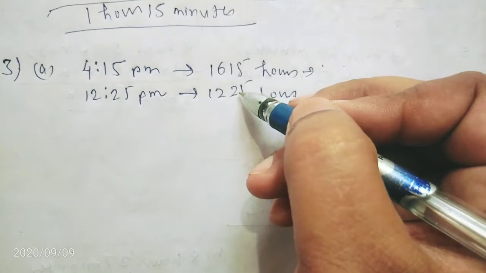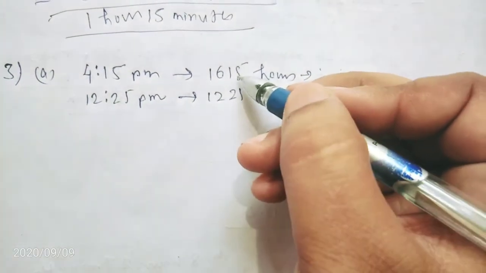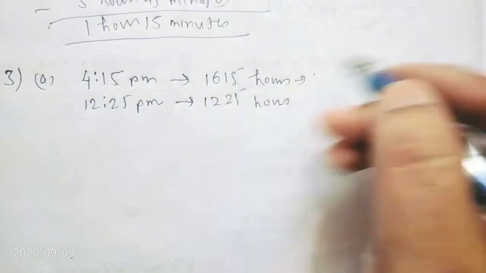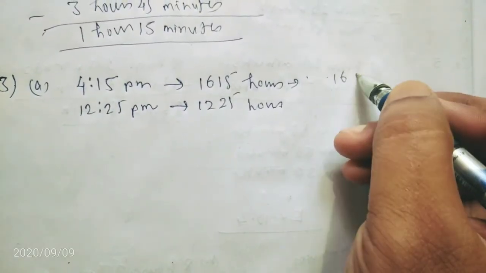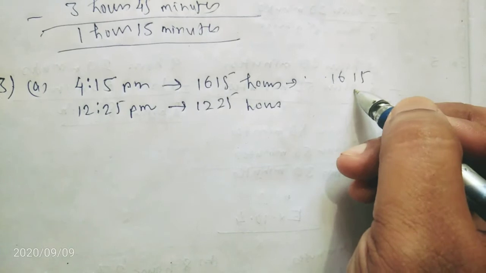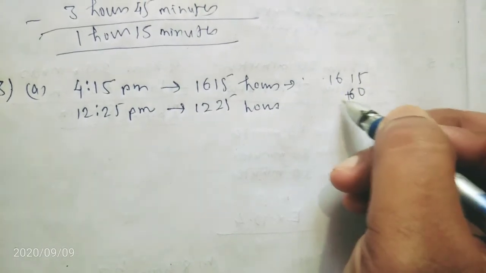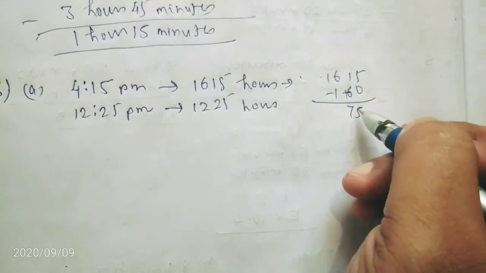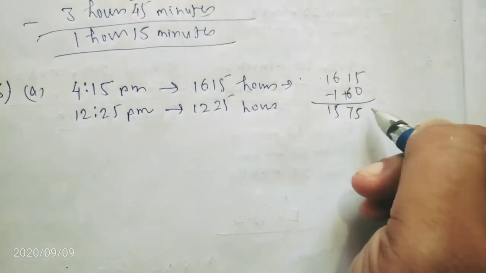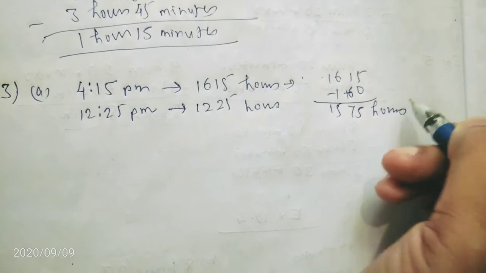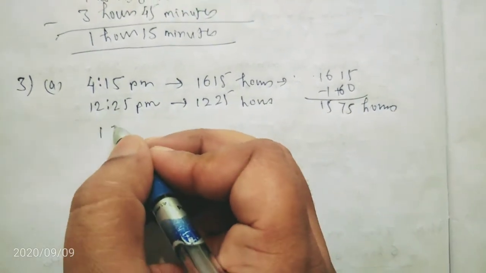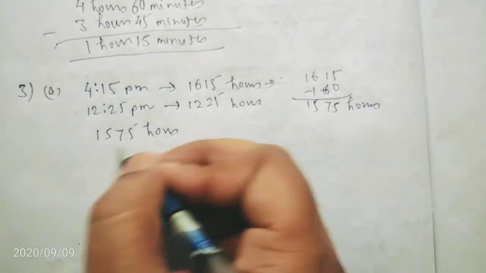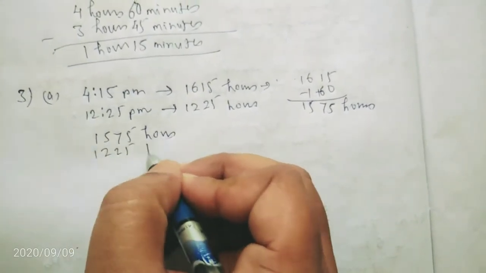So you cannot subtract it. So what you have to do, again the same thing, you have to add 60 here, and from this hour you have to minus 1. So you do this: 16 hours 15 minutes, add 60 here and minus 1 hour here. So it is 75 and it is 15 hours 75 minutes. Now when you minus it, 15:75 hours minus 12:25 hours,